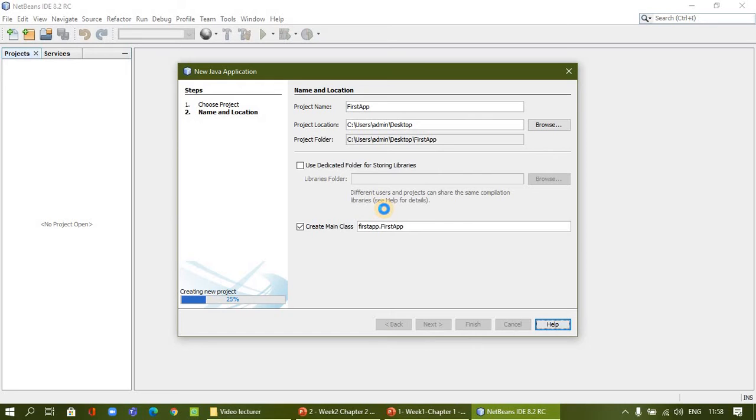So the project is getting ready. Once the project is prepared, we can find it in the Project Explorer here.